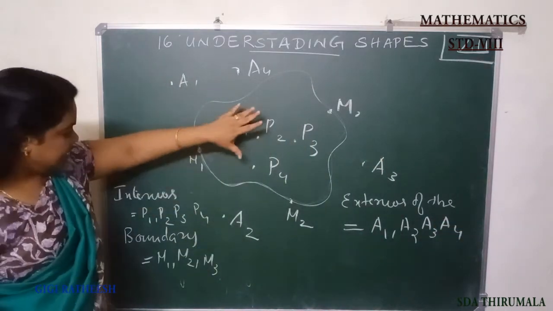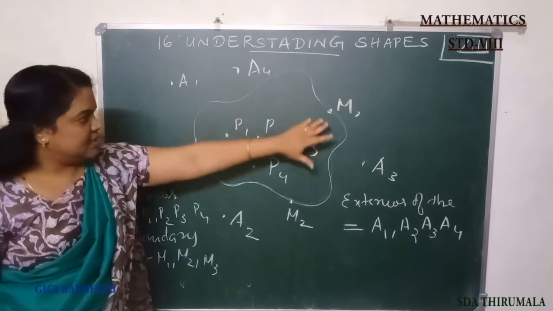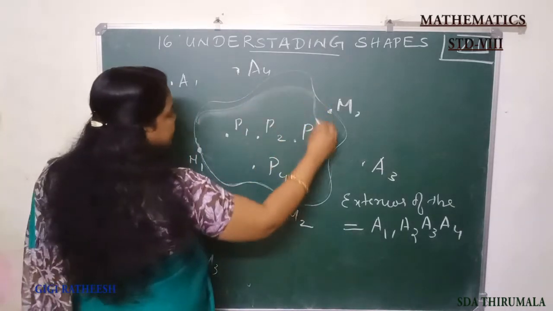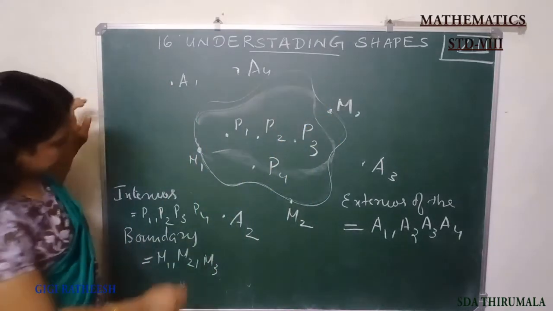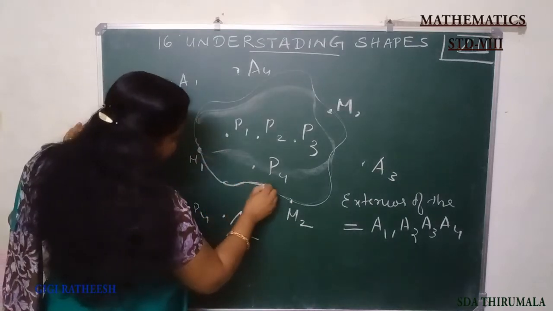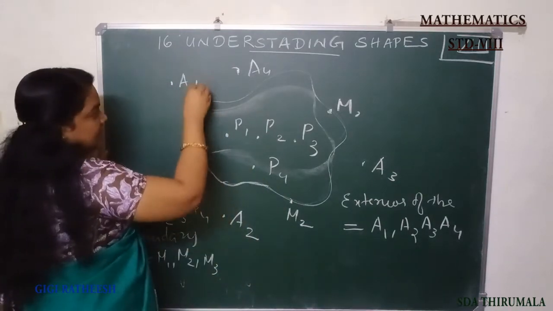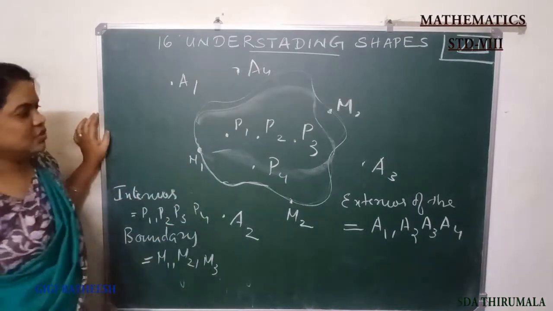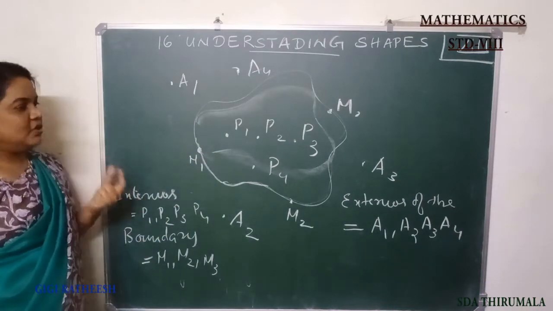What is this? This is the interior of this closed curve. This is the interior portion, and here this is the interior portion, and then this is the boundary of this closed curve, and then this is the exterior part of the closed curve. And the interior of the closed curve,